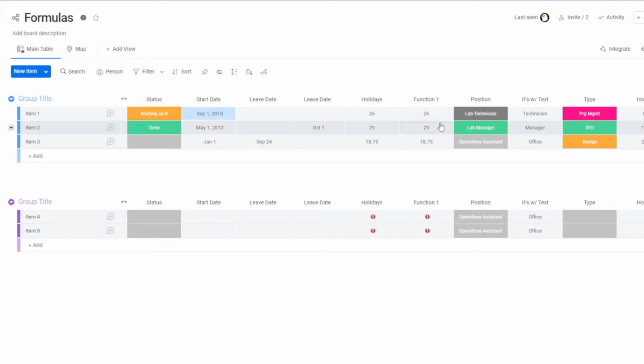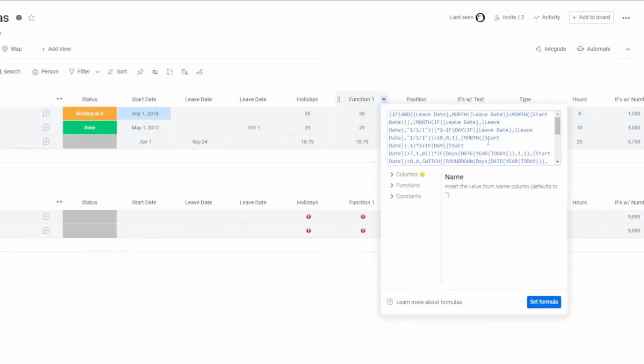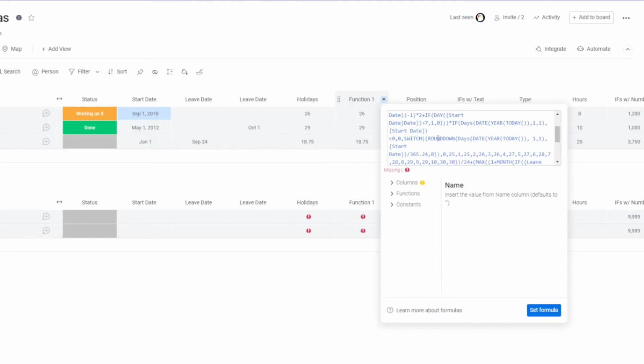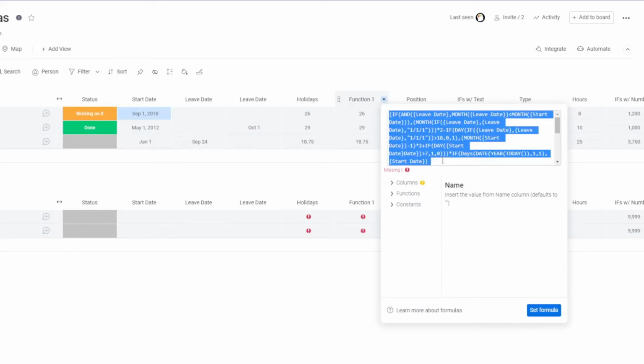All right, number one, let's say I'm in here editing this formula. I've worked on this quite a bit and I decide that I've got it. It's all figured out. I hit set formula and I have a critical error. Now I need to go check something. Now in this particular case, I know exactly what I did, but let's say I didn't. But I don't want to lose this, and there's no way it will let me save it with that critical error. So what I can do is just do a Control A to select everything, Control C to copy, and